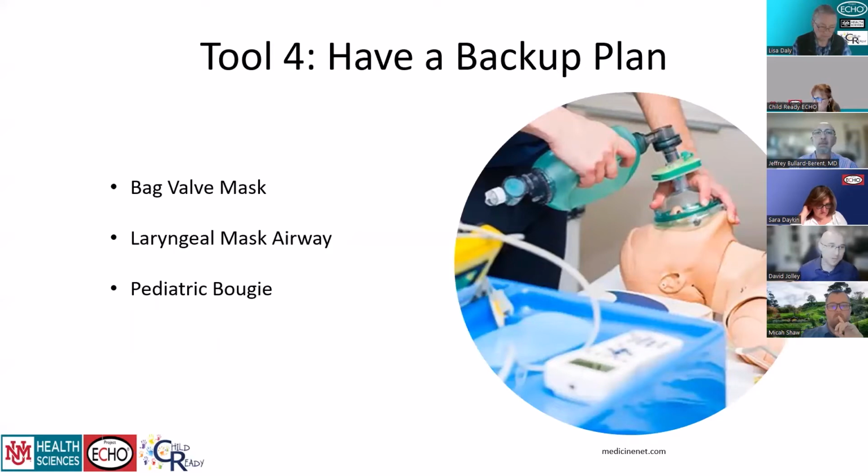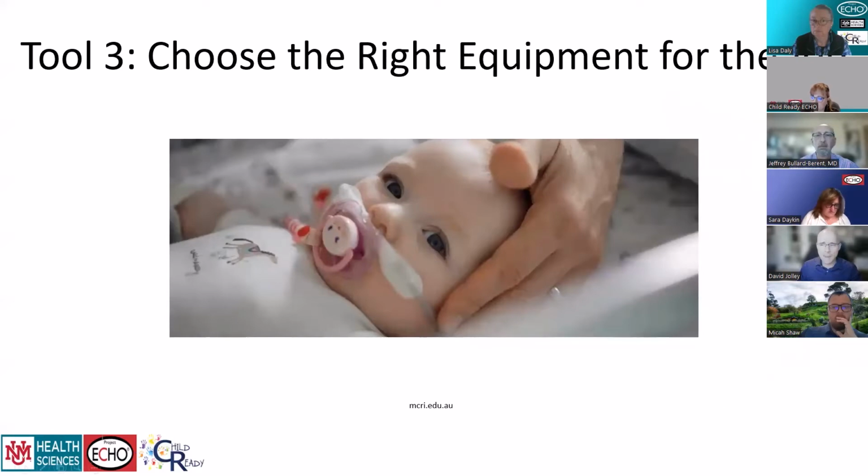Speaking of backups, the last tool is having more than one plan. A lot of us, if we're managing an airway, we think about RSI, but what are you going to do if that doesn't work? A lot of times we'll think to move to bag valve mask ventilation if this doesn't work, or we'll think, depending on the problem, maybe go with a smaller endotracheal tube, or maybe dropping a laryngeal mask airway. But having a backup plan and the equipment immediately available is very helpful. Now, I'm actually going to go back just a little bit. Next slide. Back to tool 3, choosing the right equipment for the job,